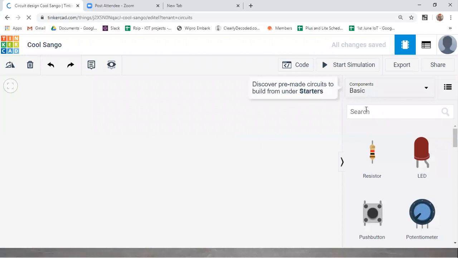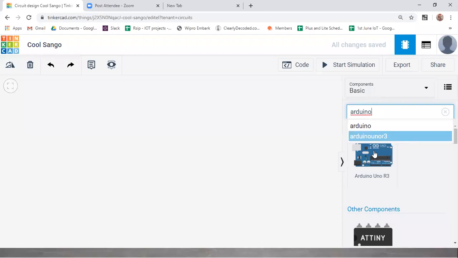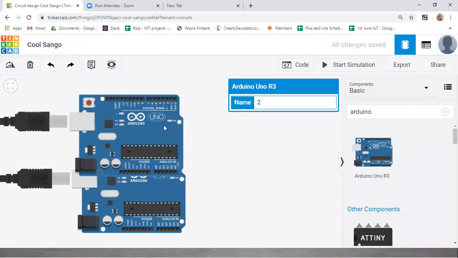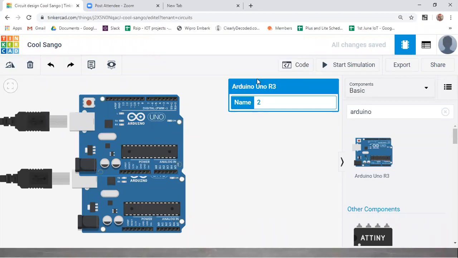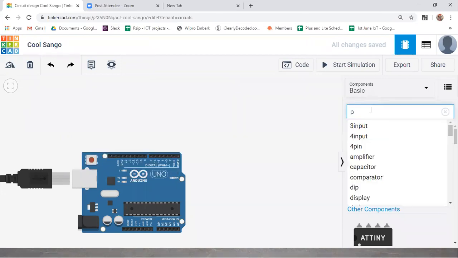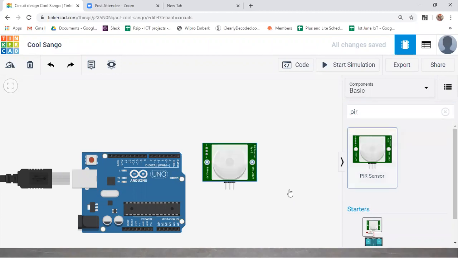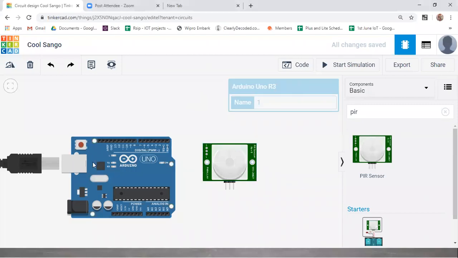I'll just take Arduino. Then just type PIR sensor, guys. So this is the PIR sensor. Just drag and drop into your workspace. This is how you need to take these things.